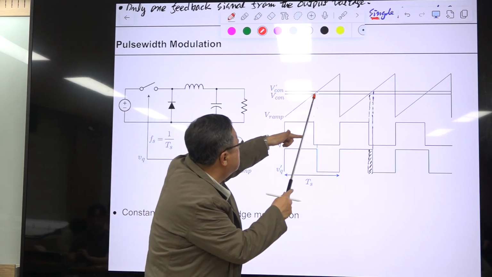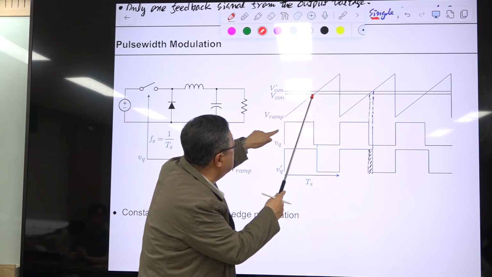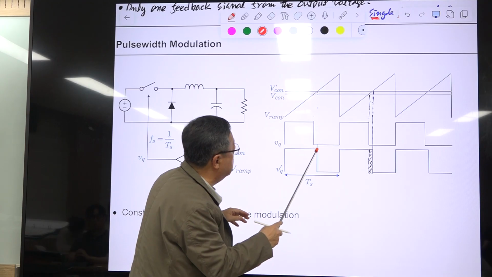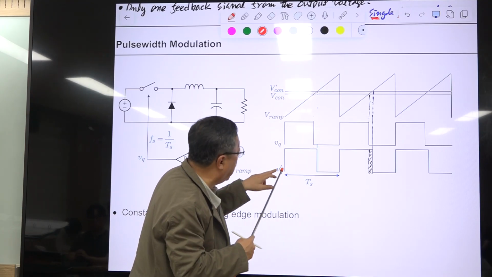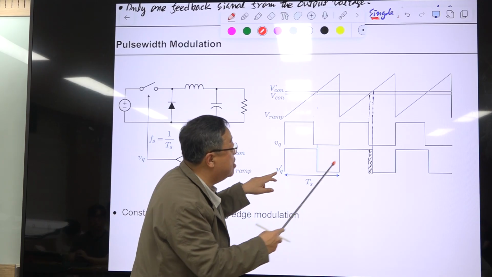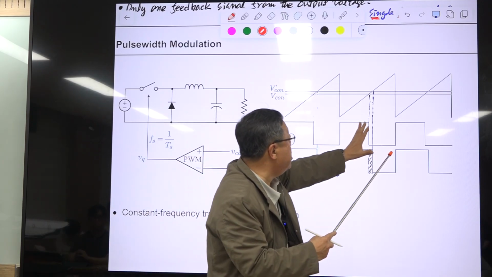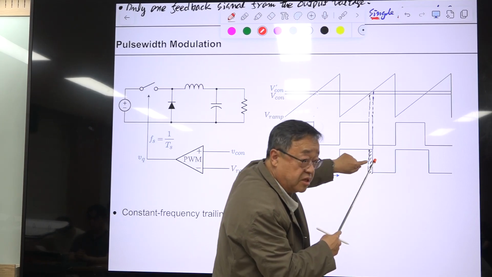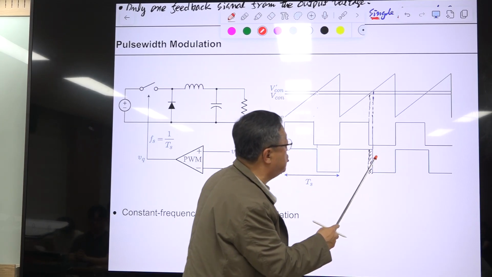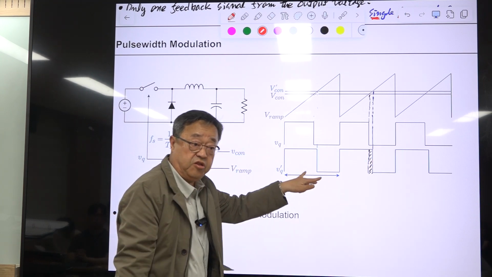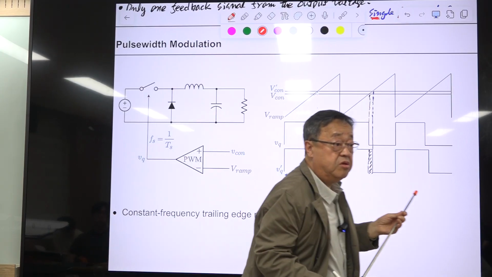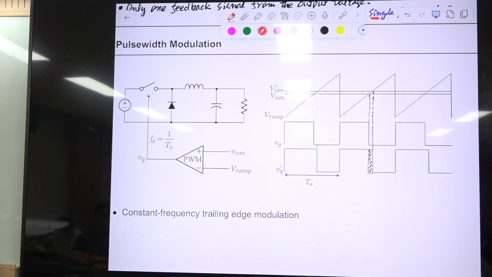Then this is increased, then this intersecting point is moved, shifted to the right, then this V con will go down, V Q prime will go down here, okay? And I have drawn this, so this duty ratio is changing between this and this, okay? So duty ratio is changing in this region, and this clip is called trailing edge. Okay, so this is called trailing edge.